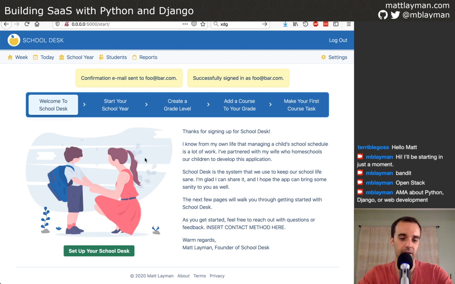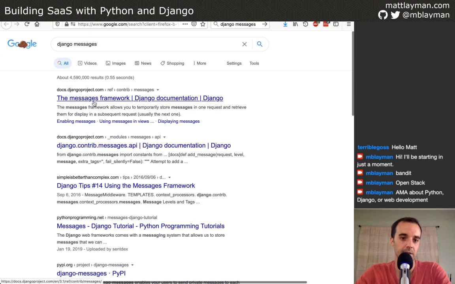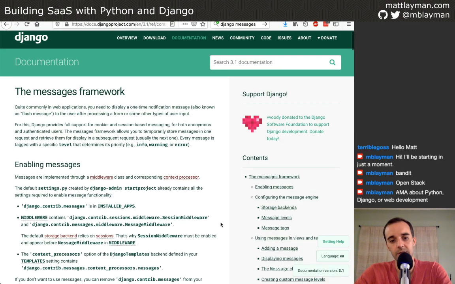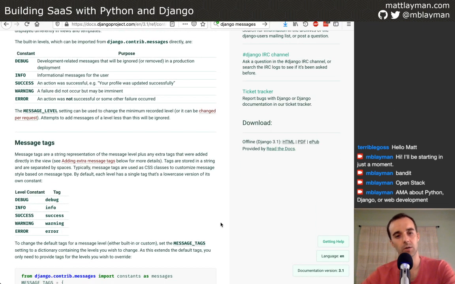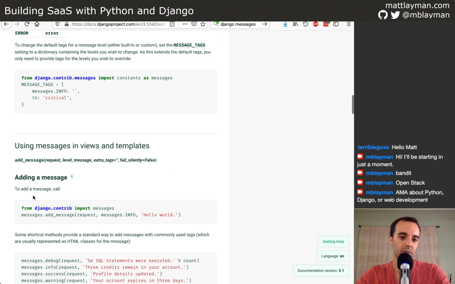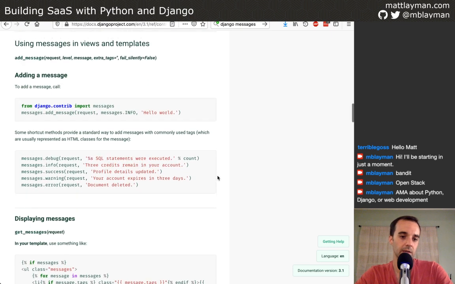things that hopefully you're noticing like I'm noticing, and it's this stuff right here. And these are coming from a different one of my third-party packages that I'm using. So I use the Django Messages system. Django Messages. It's one of the contrib packages. And what it does is pretty cool. You can essentially add a message in a view, and it will store it in a cookie, I think, by default. So you do it in this style. You say messages, add message, and you put the message that you want to appear. And then when my template renders,